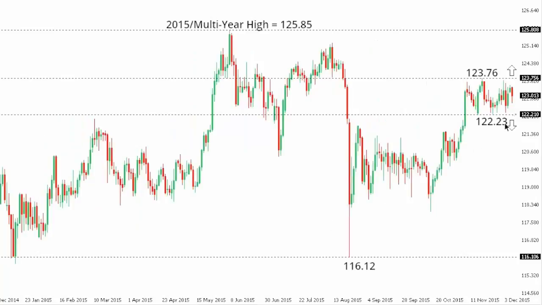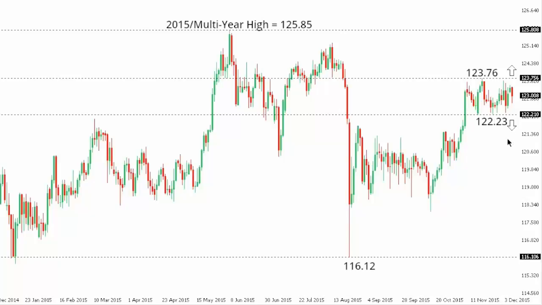Dollar yen. So dollar yen remains confined to a very tight consolidation over the past several days, with the consolidation being defined by 123.76 above and 122.23 below. A break on either end will be now required for clear directional insight, with a move back above 123.76 to expose a retest of the 2015 multi-year high at 125.85, while a break below 122.23 would open the door for